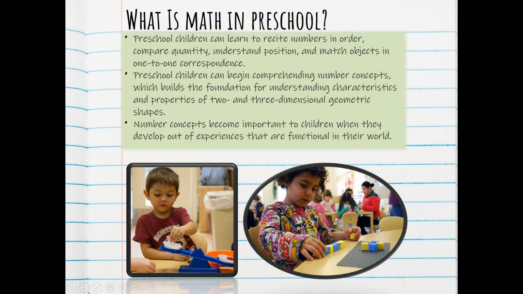Preschool children can learn to recite numbers in order, compare quantity, understand position, and match objects in one-to-one correspondence. They can begin comprehending number concepts, which then builds the foundation for them to understand characteristics and properties of 2- and 3-dimensional geometric shapes. Number concepts become important to children when they develop out of their experiences that are functional